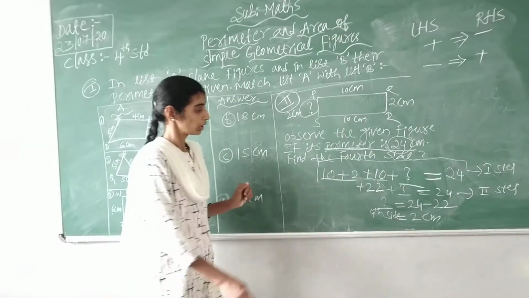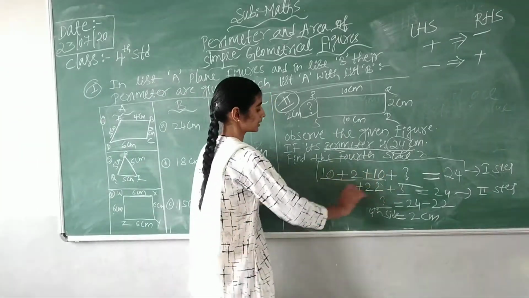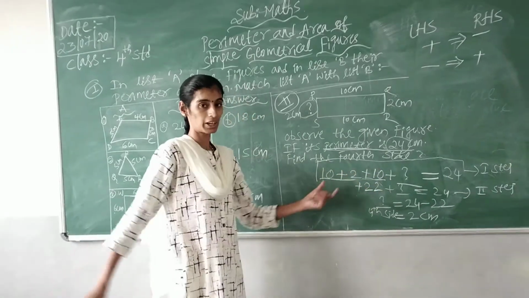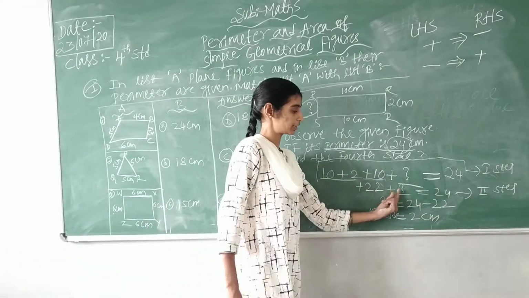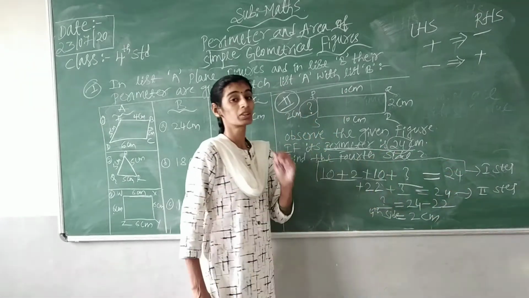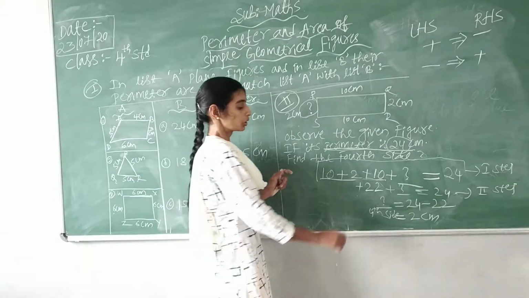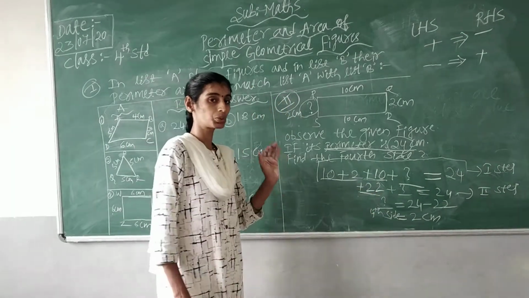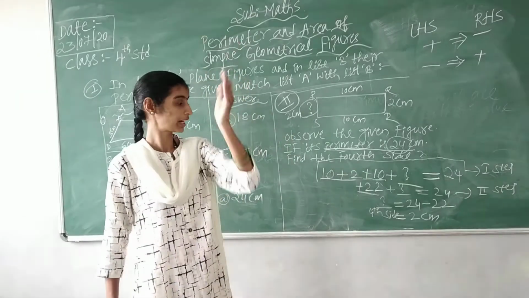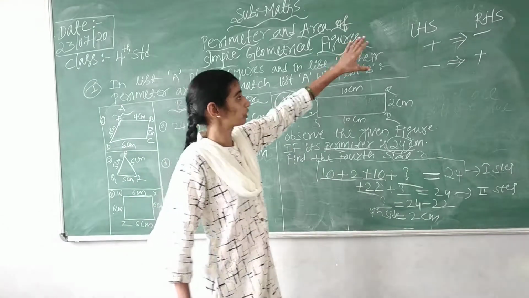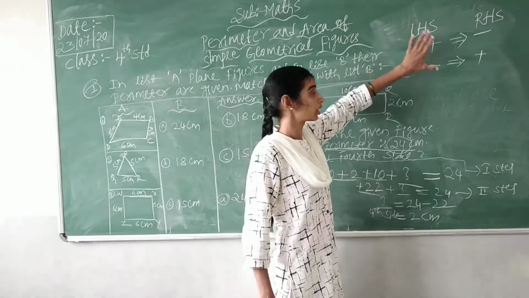Second step, you need to add all the given sides. So I have added 10 and 12, which is 22. The remaining plus is as it is, question mark as it is, equals as it is, 24 as it is. Next, third step, you have to shift this 22 value to the right hand side. And to shift this, we have shown you what the rules are.